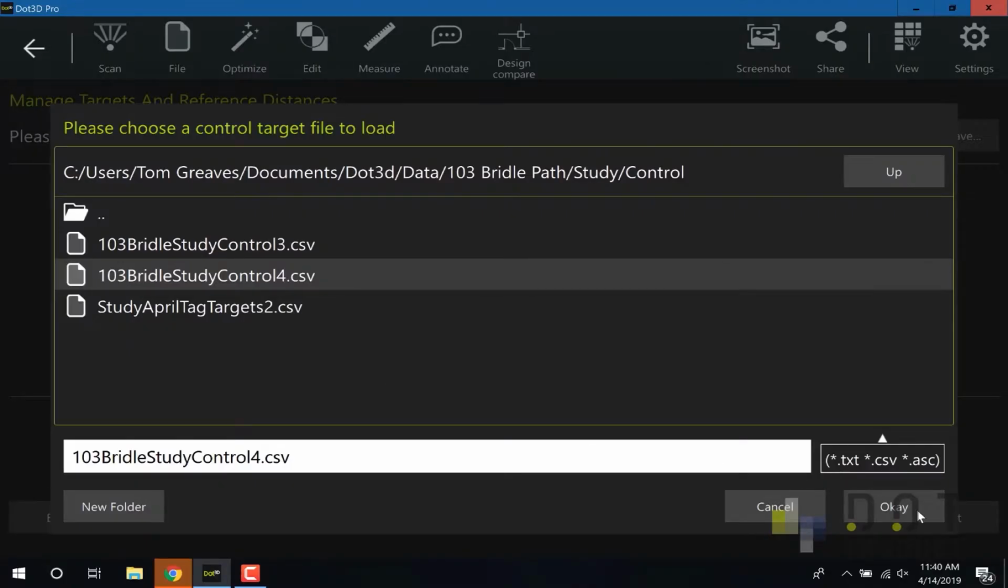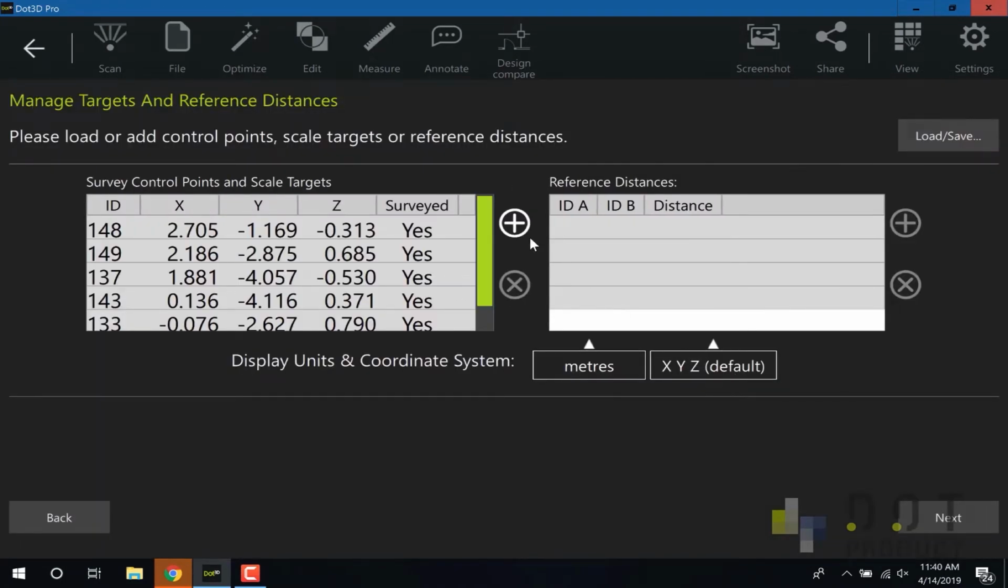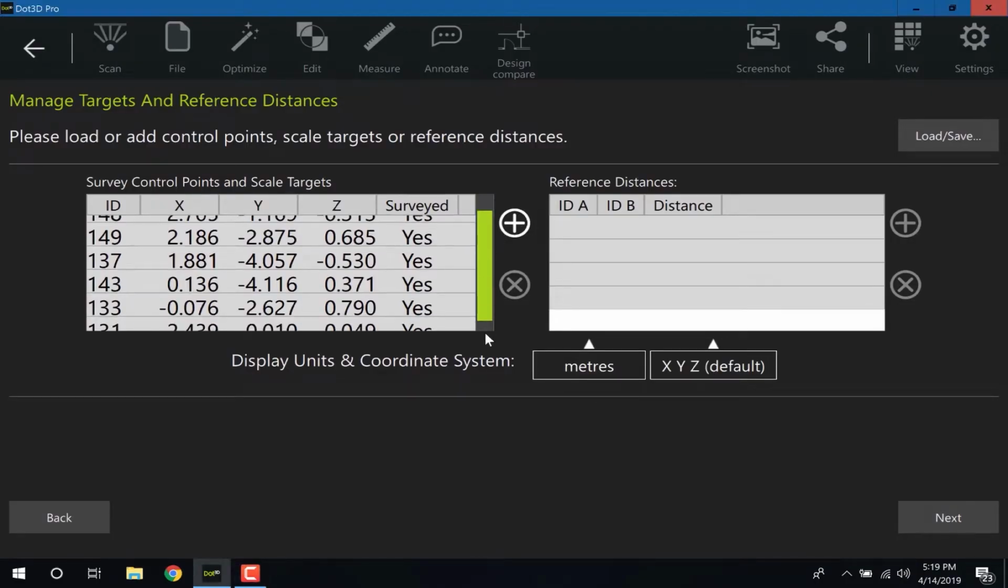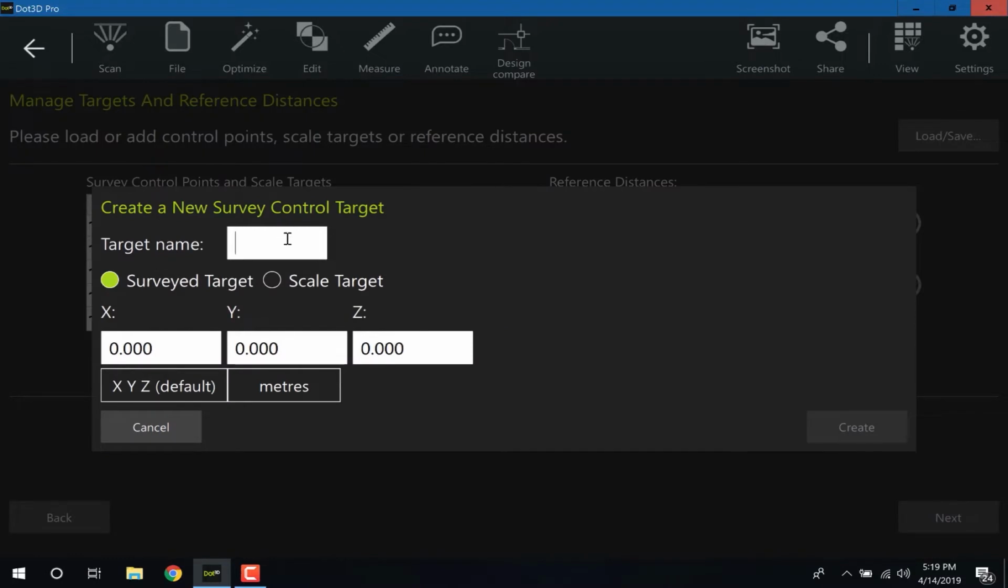Once we've loaded that control file, verify the units. These can be switched, of course. And then we can edit it on the tablet. Here I'm going to show you how we're going to add a new control point. We select the plus key on the right hand side of the list and enter the name of the AprilTag that we're going to add,